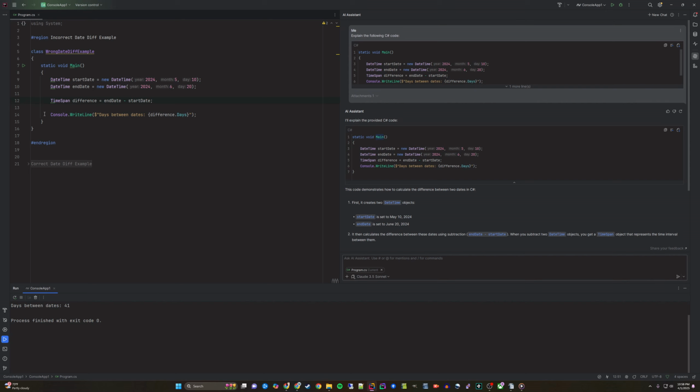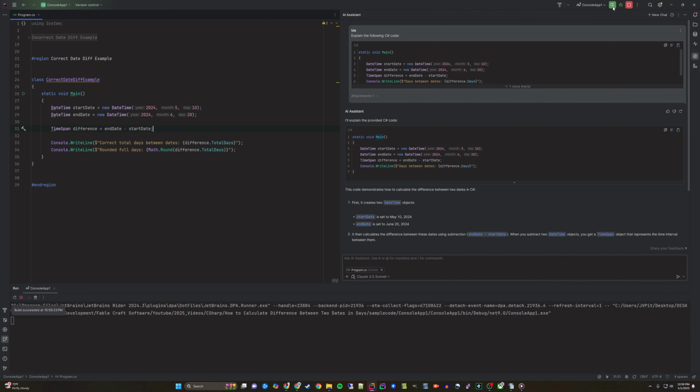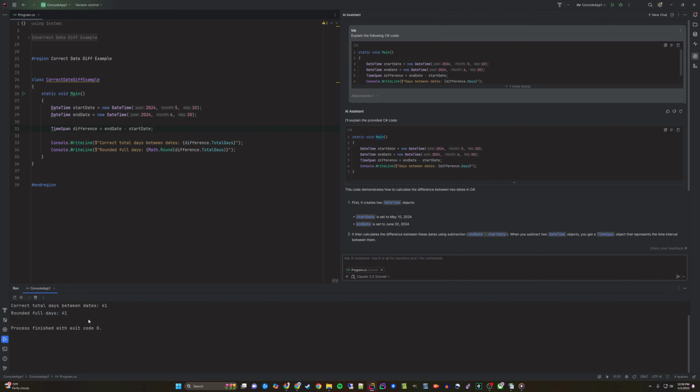Now let's move to the proper and accurate way to calculate the difference between two dates, using difference.TotalDays. In contrast with Days, the TotalDays property correctly represents the entire time span between two dates, including fractional days, if any. Let's run this example, and you'll see we get exactly the right result, the true total